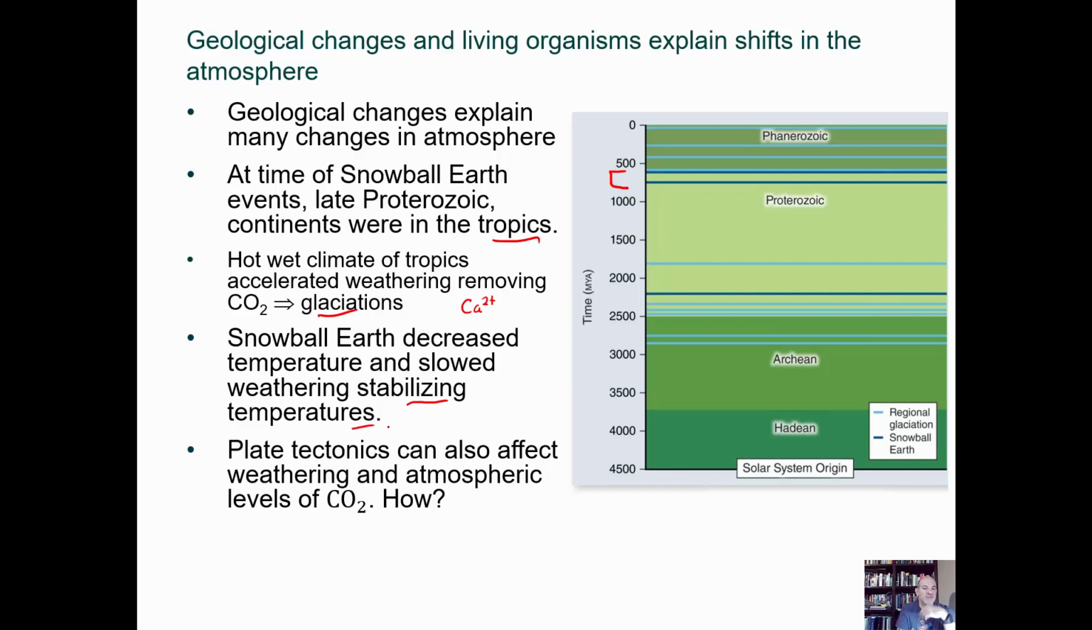And then you'll have another warming period because of some other geological event, perhaps a volcano releases more CO2 into the atmosphere, creating a situation where you have more warming, and then the glaciers retreat or go away or melt away. So the plate tectonics themselves can also influence how much weathering occurs, and this is because if you have